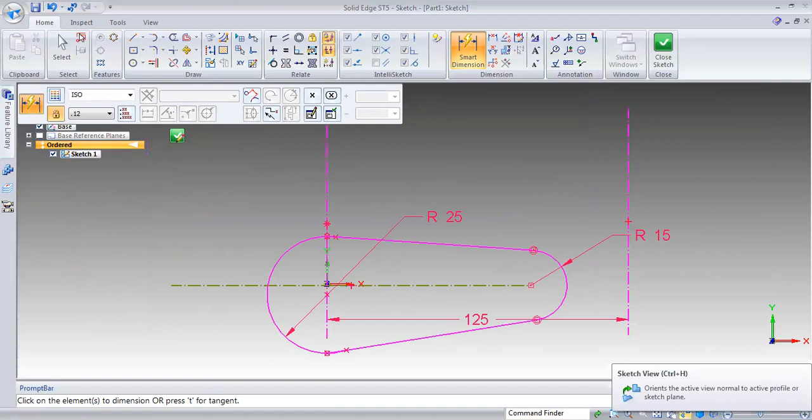This symbol will orient the active view normal to the active profile or sketch plane.